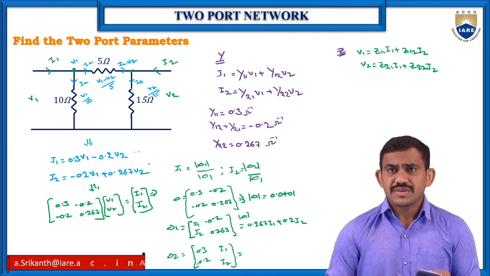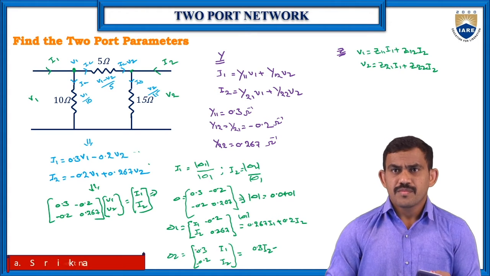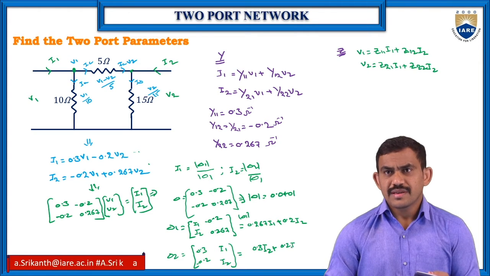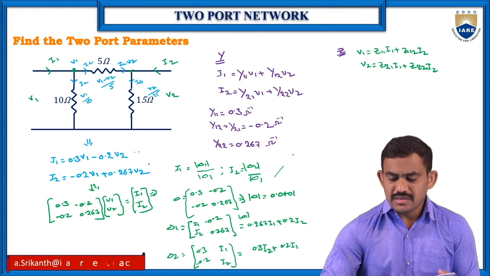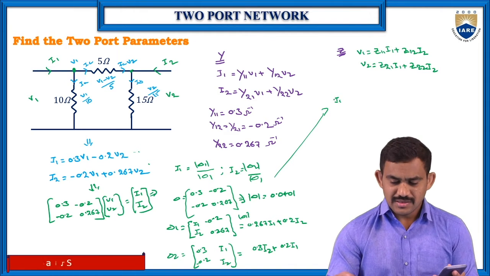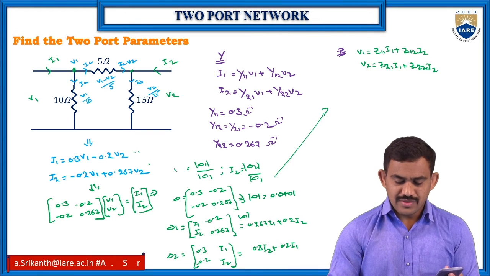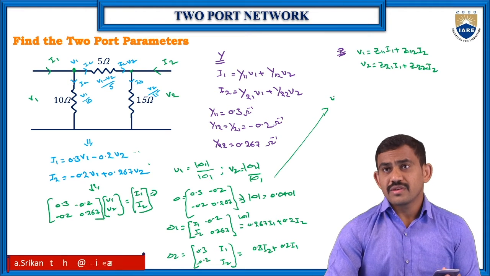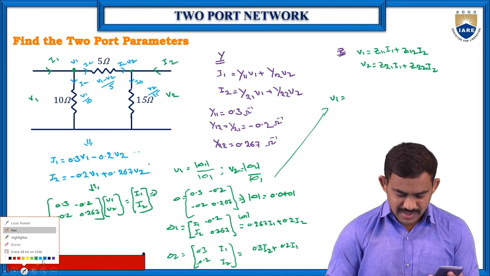Okay, then your equation. So 0.3 I2 minus, and again we have the plus, here 0.2 I1. Now your main equations. So from this, not I1 guys, we have V1 and V2 values here, not I1 and I2. So it's like V1 and V2. So V1 equal to, just compare with that equation which we have.